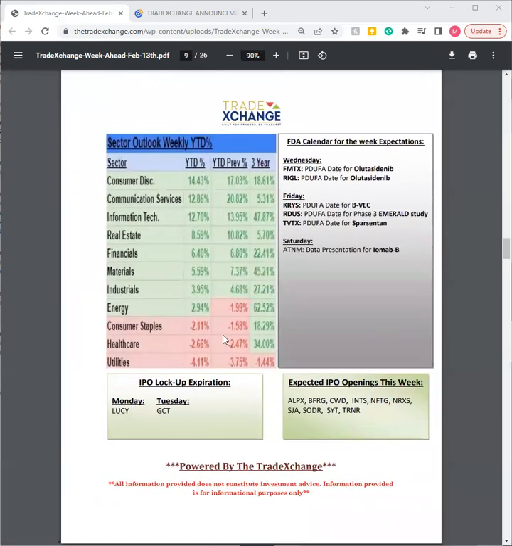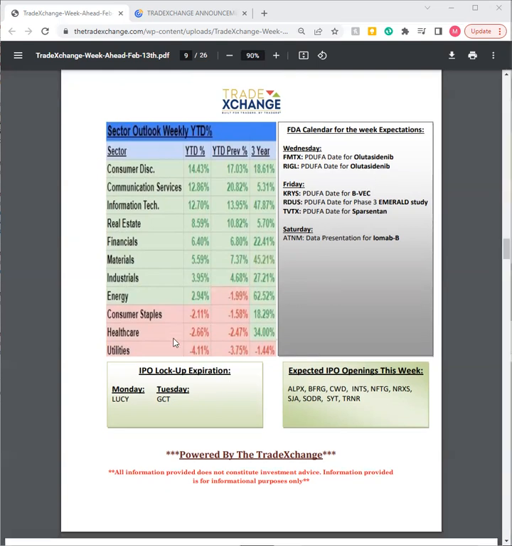Sector Outlook Weekly as well. Another breakdown on your sectors from your year to date as of this week to last week's numbers. The clear pop we did see has been in that energy. So that has been the only strength that we've seen the past week. IPO lockup expirations, your expected IPOs, and your FDA calendar. Remember, as always, we always try to update these going into the morning mashup every morning. Just follow up on that if there are any changes to these reports.